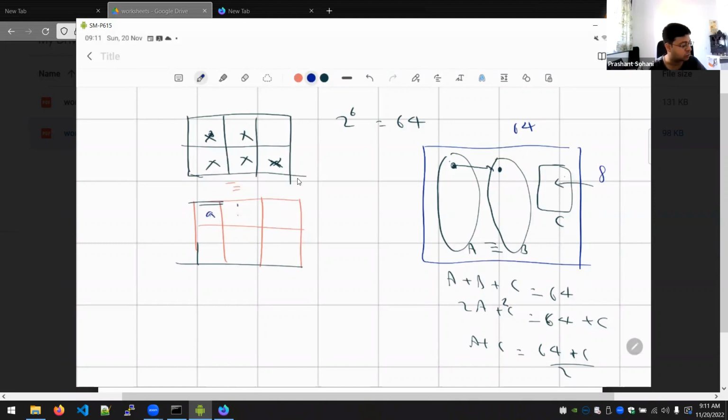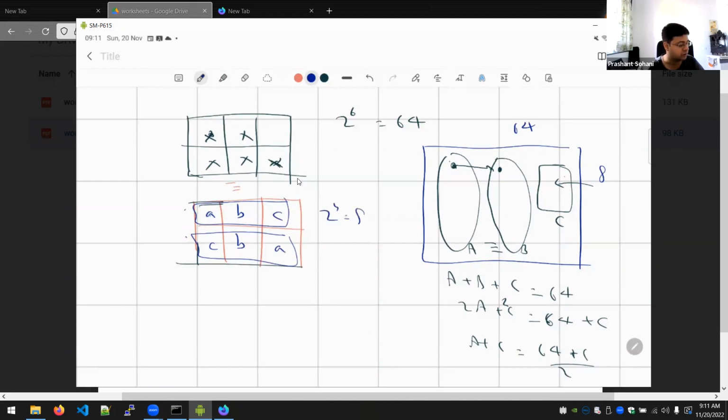So let's say we assign the colors A, B, and C to the top row, and we are counting a symmetric case. Symmetric means that under 180-degree rotation, it should remain identical. Which means that if top left is A, then bottom right is also going to be A. So basically, once you choose the colors of the top row, all the colors of the bottom row get uniquely identified. So the number of symmetric cases is just 2 raised to 3,